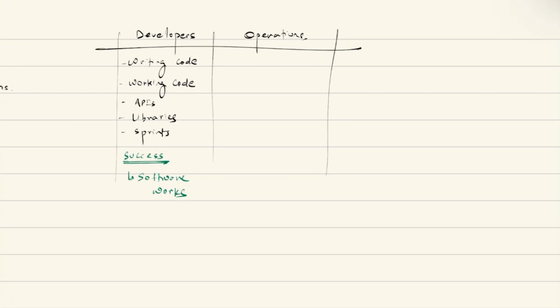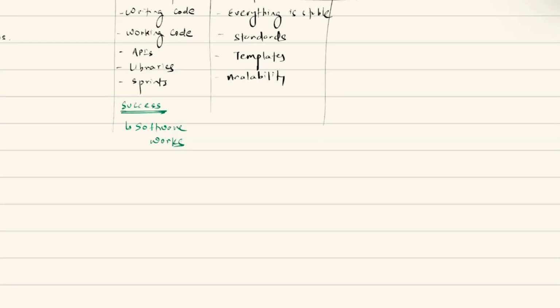Similarly, if you look at the operations team, then the operations team cares about factors like everything is stable. This is what the operations team really cares about. They care about creating standards. They care about creating templates. They care about the availability of the code and all that, right? And for them, what is success?